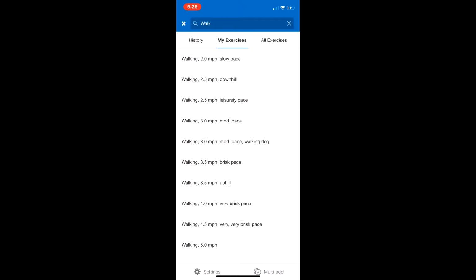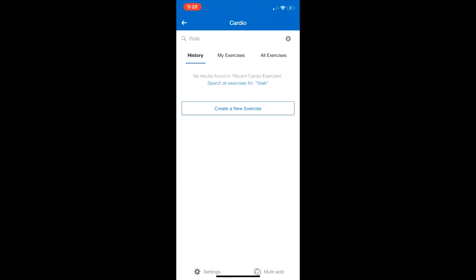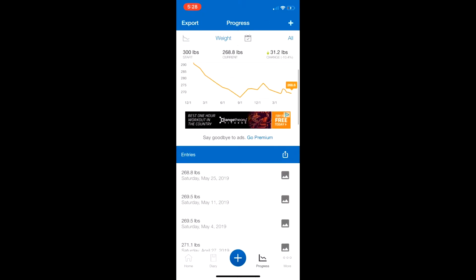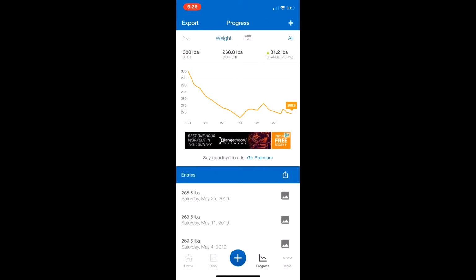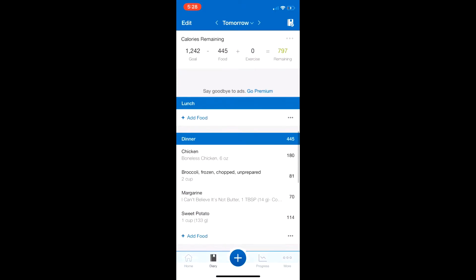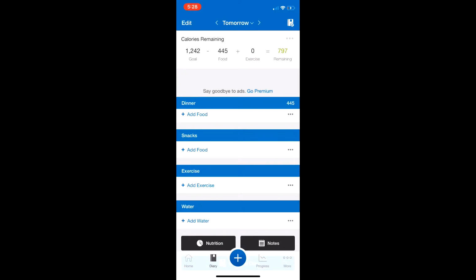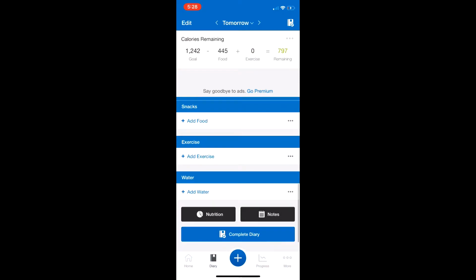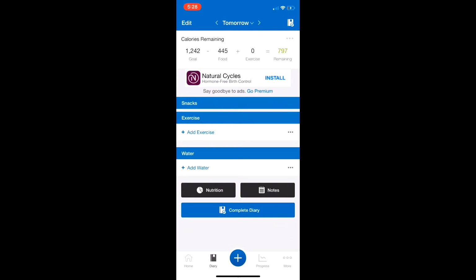You can add your own exercises, which I also do, because they don't always have everything. But I honestly just record my exercise in what I want for my calories for the week, so I don't necessarily add exercise, but you can. That is also on your diary page. Let's go back there. Underneath snacks, you can add exercise, and you can also add water, which I did not show you on that page either. So now that we're back here, I'll actually also show you your nutrition,